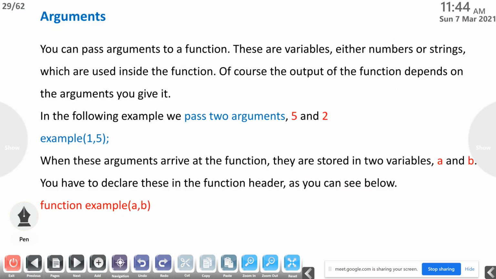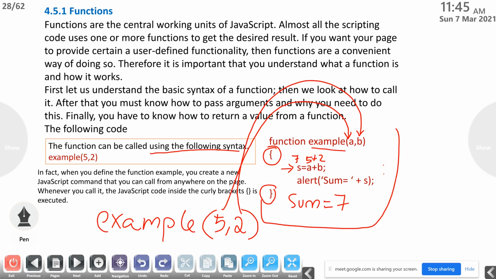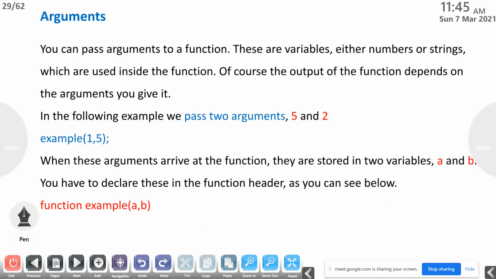Then the arguments. So you can pass arguments to a function. In the previous example, a and b are the arguments. The values passed to a and b are 5 and 2. These are variables, either number or string, any data type that we can use, which are used inside the function.